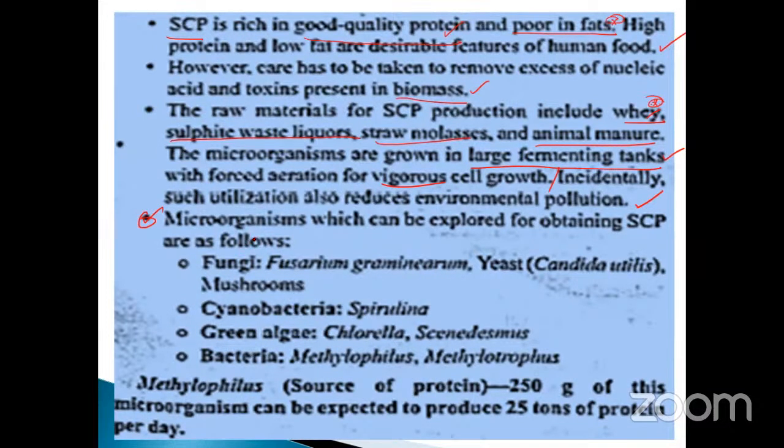At the same time, the growth or cultivation of single cell protein is also very rapid, where they use the fermenting tank. Fermenting tanks you already know: 1,000 gallon, 10,000 gallon, 50,000 gallon, like that. It's a large tank. And at the same time, aeration is also very, very important. So the aerobic condition, the presence of oxygen, is very important. Light is also very important for the production of single cell protein molecules.